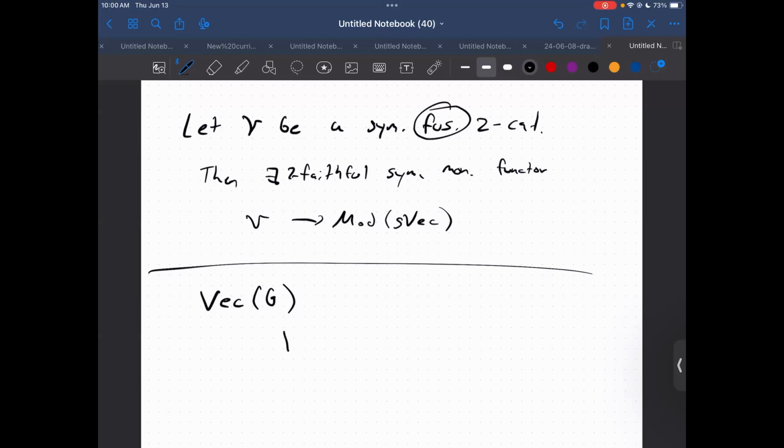So just for concreteness, the coproduct here, and then epsilon is the counit. So this is really